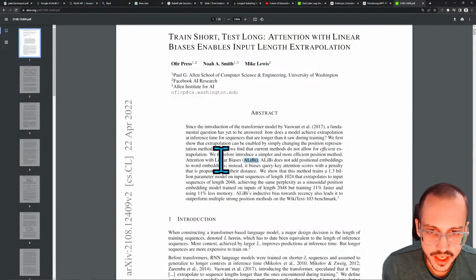Attention with linear biases does not add positional embeddings to word embeddings. Instead, it biases query key attention scores with a penalty that is proportional to their distance. So this is a fancy way of not